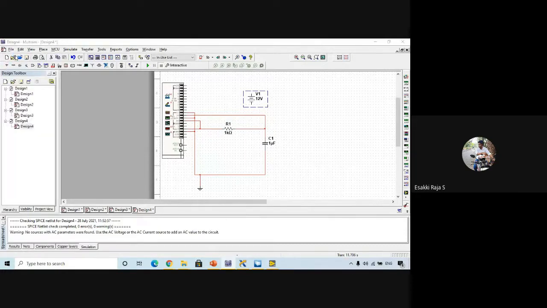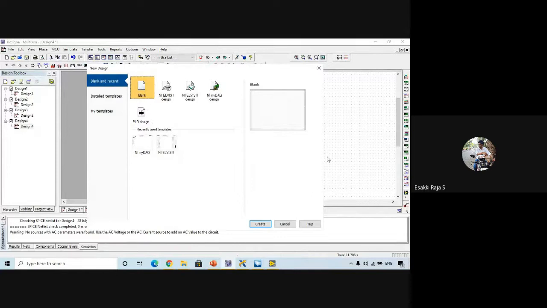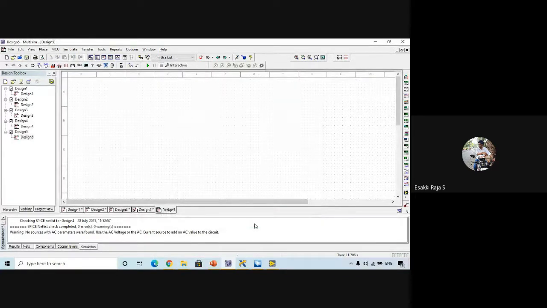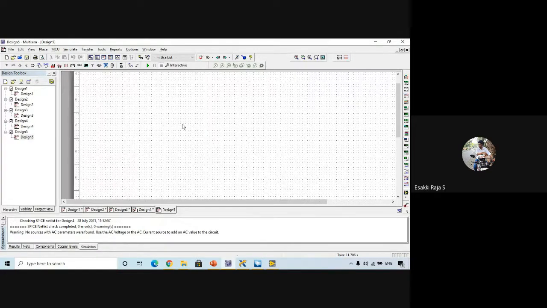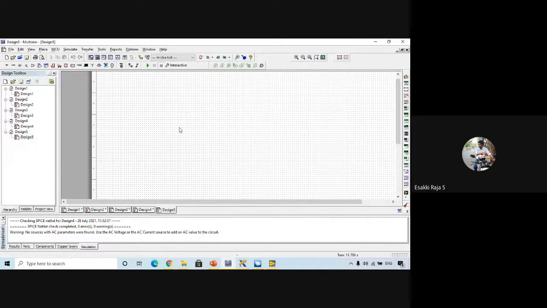I'll go to File, New, and here I'm going to use a blank document only. A blank Multisim design. As I already told you, when we work with Multisim LabVIEW co-simulation, in Multisim we'll place only the components. We'll not use any power source or any virtual instruments. We'll just place components like resistors and transistors. Only those components will be placed in a Multisim design. For the half wave rectifier, we need a diode. For the load, we need a resistor.